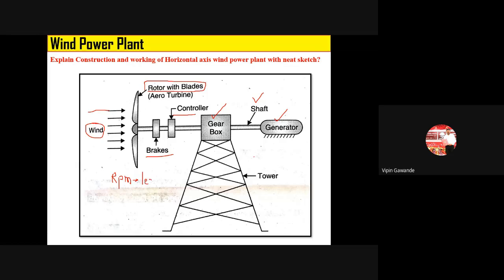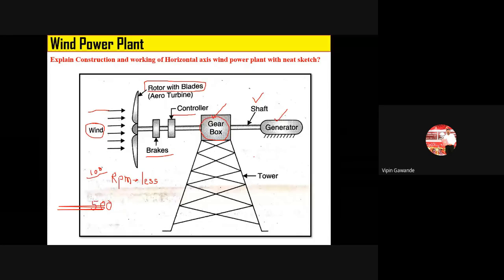If you have seen a wind turbine, it rotates at a very low speed. Okay, wind strikes the blades of the turbine and it rotates at very less speed. So what happens? We have to convert this less RPM into more RPM. So that's why we have connected it with the gearbox. What is the function of this gearbox? Suppose the initial RPM is equal to 100. It is rotating at 100 RPM only. Now the gearbox will convert this 100 RPM into 500 RPM.